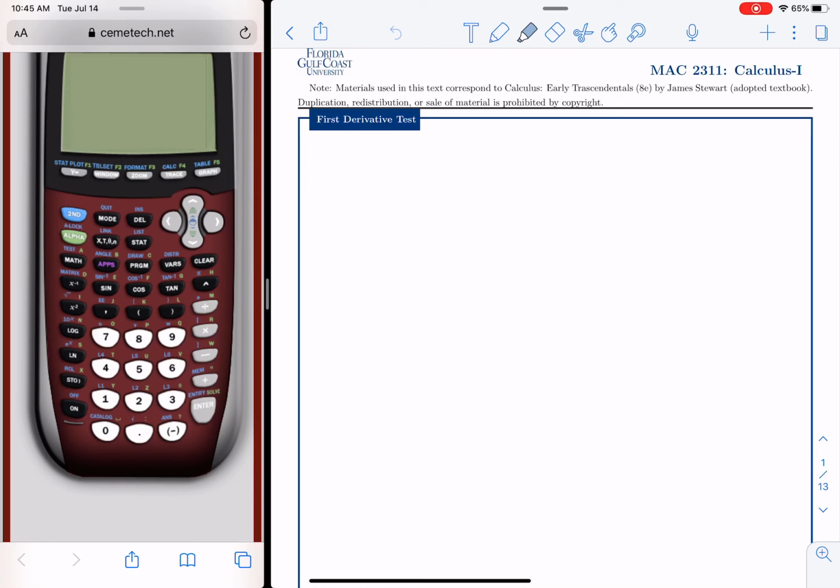Of all the applications of derivatives, one of the most important ones would be the first derivative test, or derivative tests in general, because we have a first derivative test and a second derivative test. So, what is the purpose? The objective or goal of a first derivative test is to determine